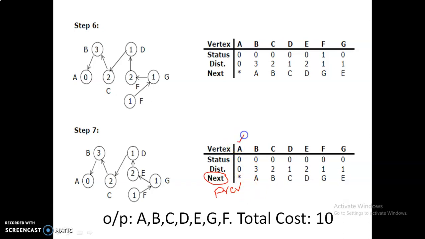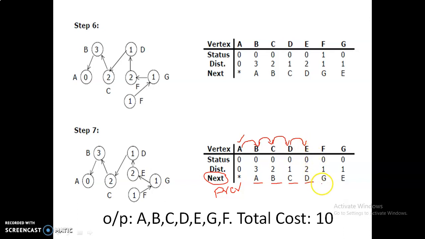Initially we started with vertex A, and from A we move to vertex B, because B has the previous vertex A. From B, we need to check where B is specified as the previous vertex. Here B is the previous vertex, so it moves to here. Now C has the previous vertex here, so C to D. Next, D is the previous vertex for E, so now from D to E.